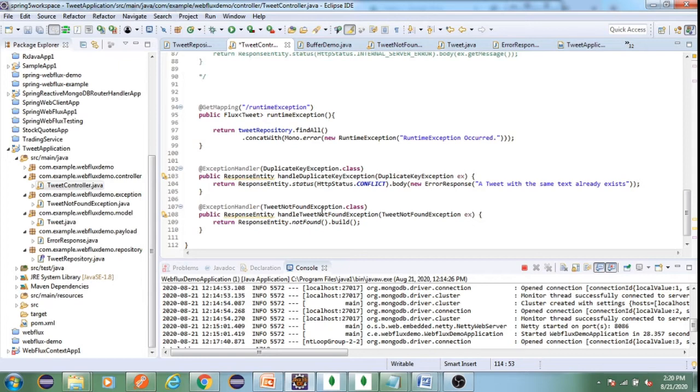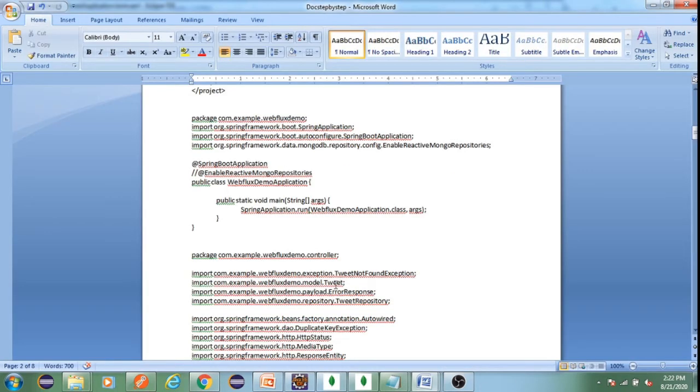We have an application here with the same dependencies, and we will be designing the application using a controller, one repository, and a Spring Boot application to bootstrap it, along with the other layers of the application. I am explaining each component in this document. This is the Spring Boot application to start your project for deployment.